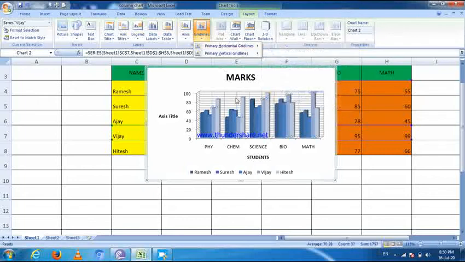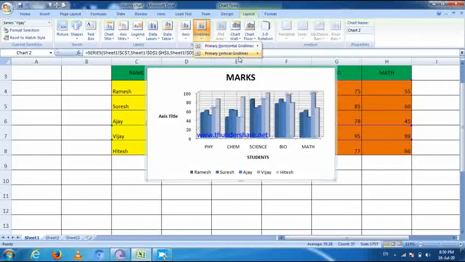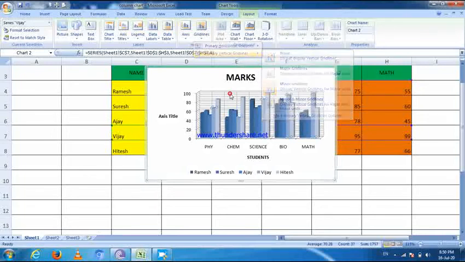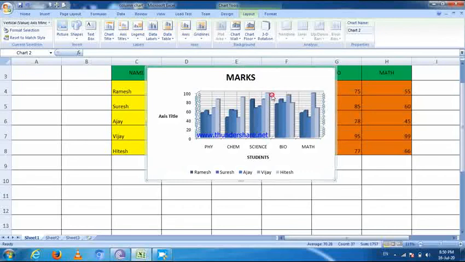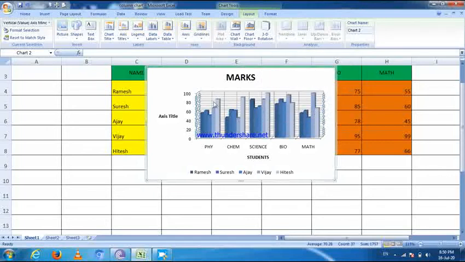But there's a vertical option. You can see the first option is horizontal, and this changes the primary grid line to vertical, primary vertical grid lines. Then you can apply the vertical changes in these charts, and you can select horizontal. There are two options available in grid lines. So then I select major and minor grid lines. Then you can see major and minor grid lines appear on these charts.